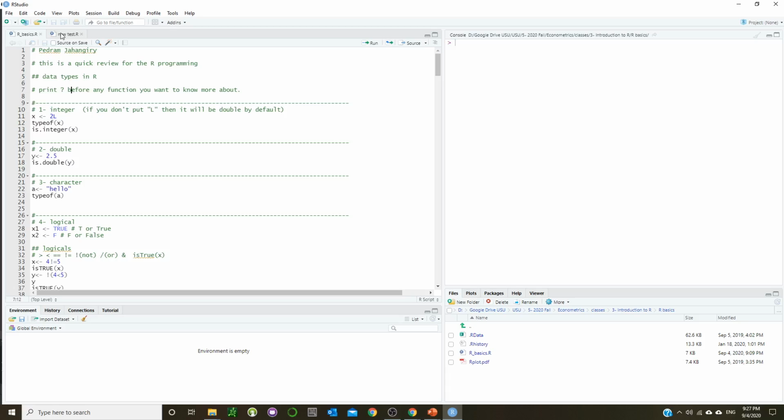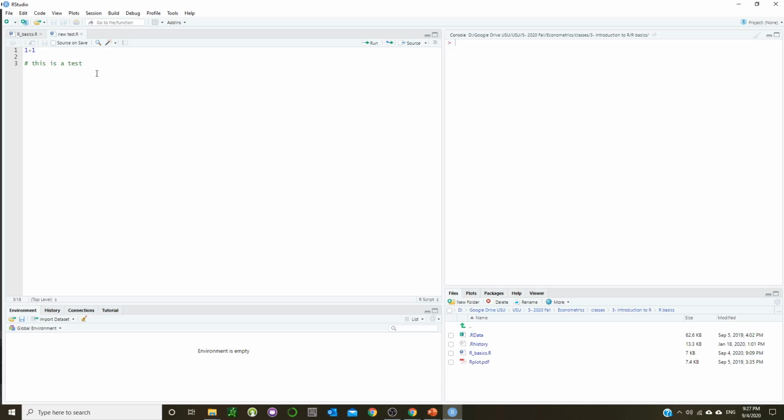So I will try to replicate the first bunch of lines in this new test, and then whenever you feel comfortable that, okay, this is how it's working, we're going to go ahead and run the codes in the R basics line by line without me typing them again. Okay,